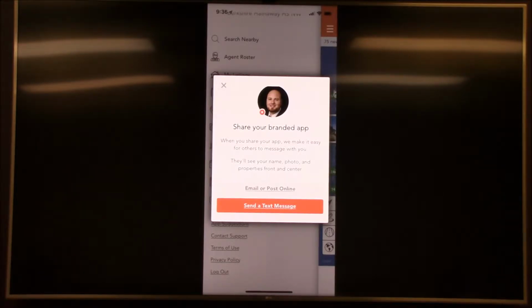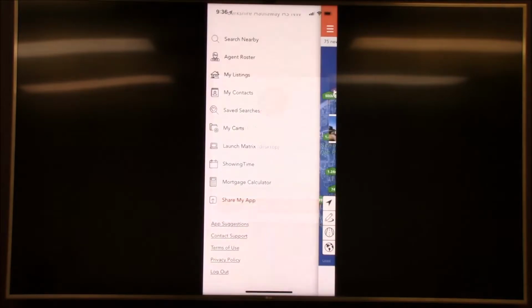So that whatever app they use to look at properties in the future, even if they're not thinking about buying right this second, they'll see your face and your info. Okay. So when I click on send it as a text message,